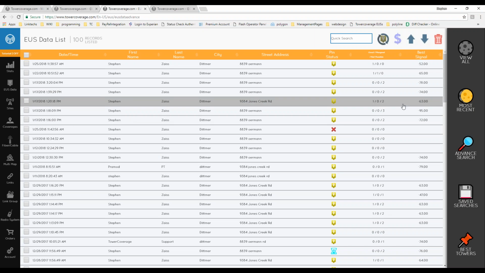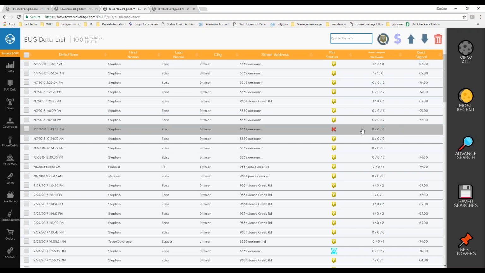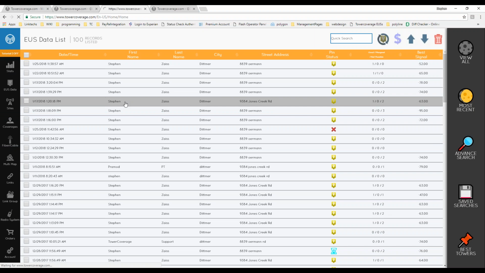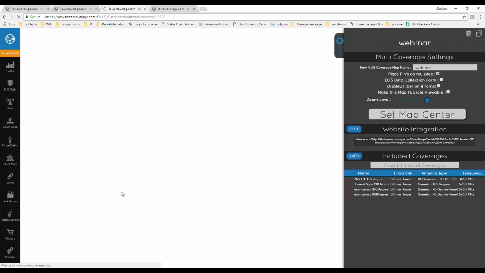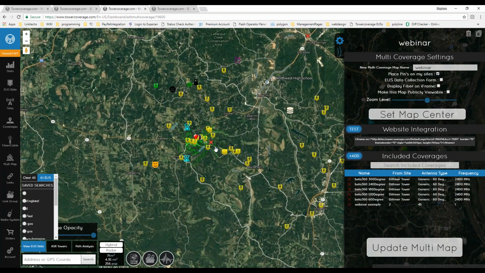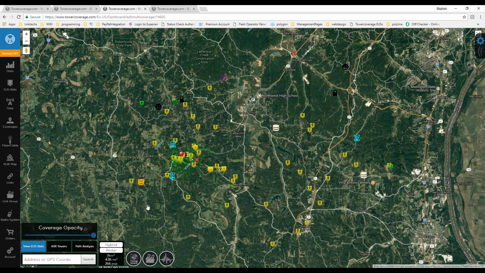Next thing you do once you have started to collect end user data, you want to make sure that you keep these up to date. The reason is because of many reasons. One, on your multi-coverage, you can view all of your end user data on your map. This makes it very easy. As I explained before, if you set your sales team up to where they automatically come to this map, whenever they get there in the morning, they can literally come to TowerCoverage, log in, and it automatically sends them to the map. They hit all EUS data, and if you keep your